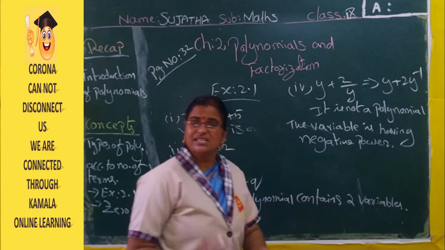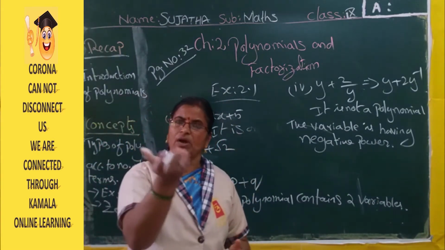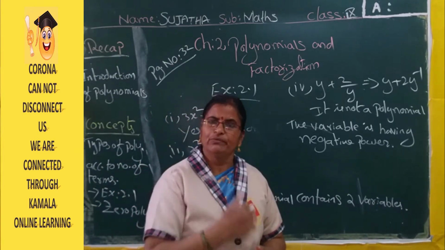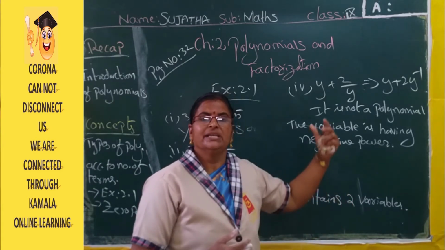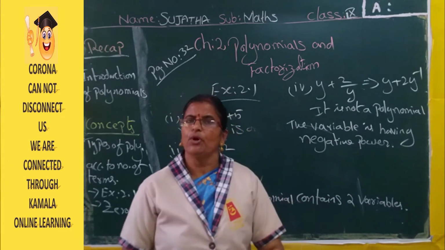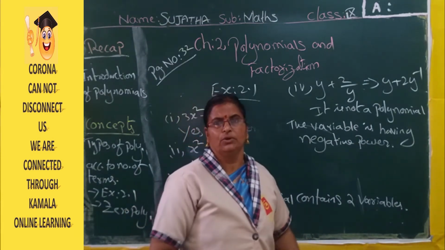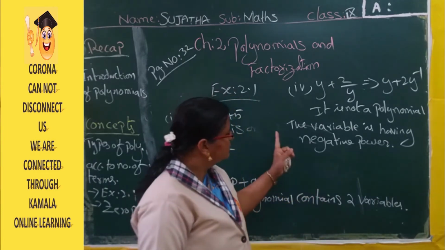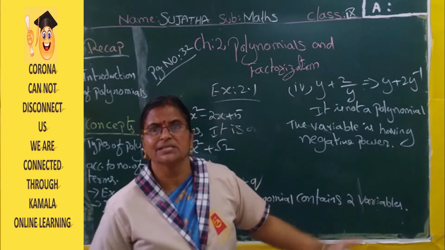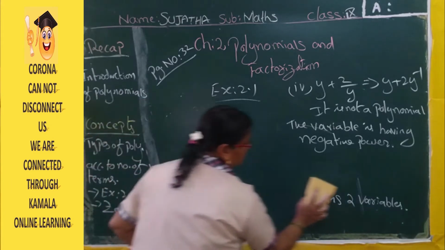Like this, if you write each reason neatly, then you will understand when you revise it once again anytime, in the exam or otherwise, it will be easy. Why is it not a polynomial? If you write just one line, only that it is not a polynomial, afterwards you will not understand why. You should know the reason now. So that's why you have to write the reason. Then when you revise it, it will be easy to understand. Okay, fourth bit over.